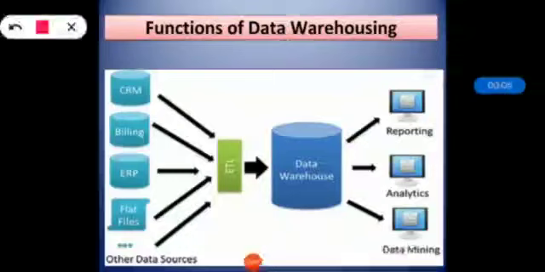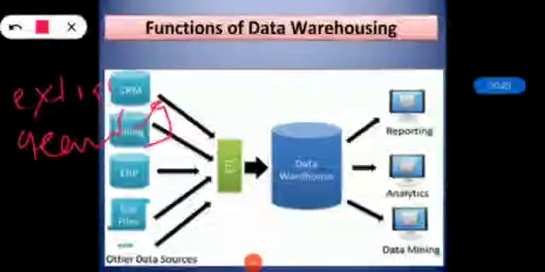In the last section, we have seen the data warehouse models, and before that, we have seen what is data warehouse. Now, we will see the functions of data warehouse tools as well as utilities. So, the functions of data warehouse are extraction, cleaning, transformation, loading, and refreshing. These are the main functions of data warehouse tools and utilities.